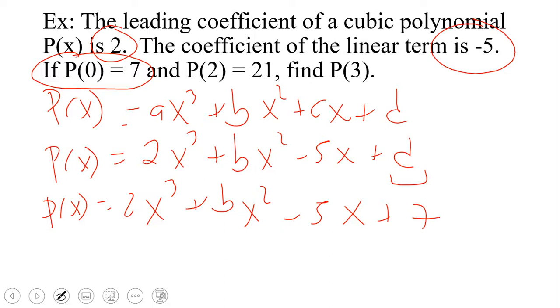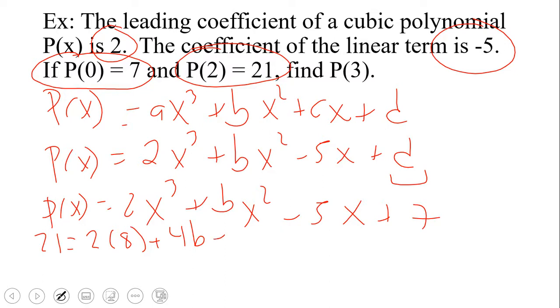So then from here, the last piece of information that I have is the fact that p of 2 is equal to 21. So that means that given this polynomial, if I plug a 2 in for all the x's, I'm going to get a 21 out, which means I'm going to be able to solve for the only variable left, which is b. And then once I solve for b, I'll have the whole polynomial, and then I can find whatever it is I want. So 21 is equal to 2 times 2 cubed, which is 8,